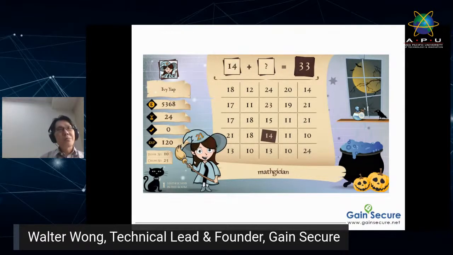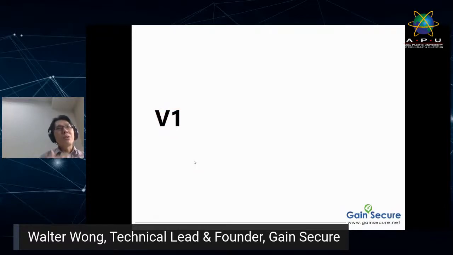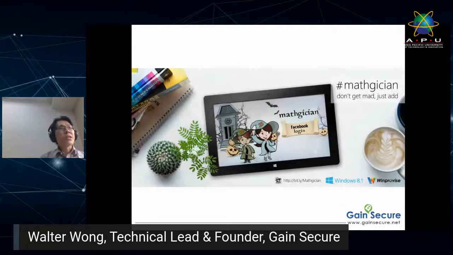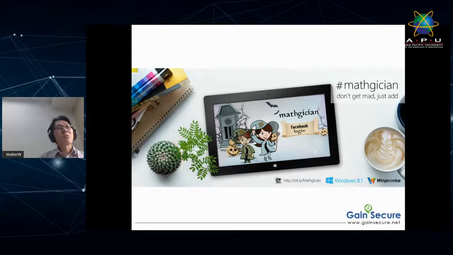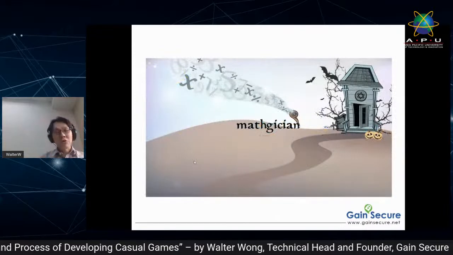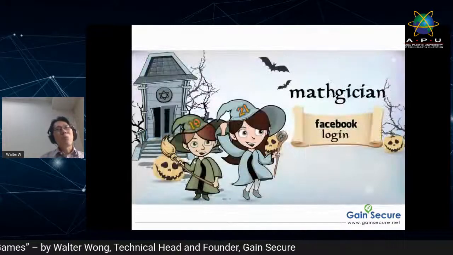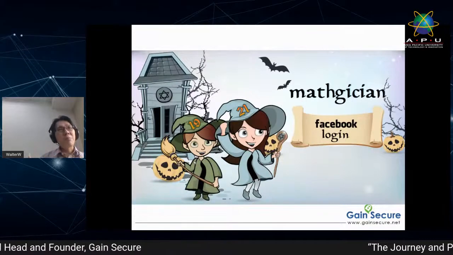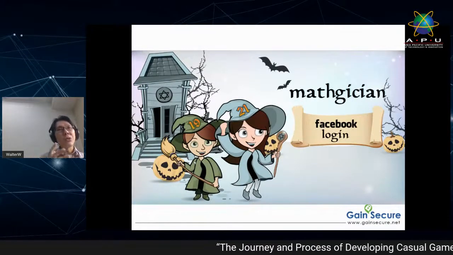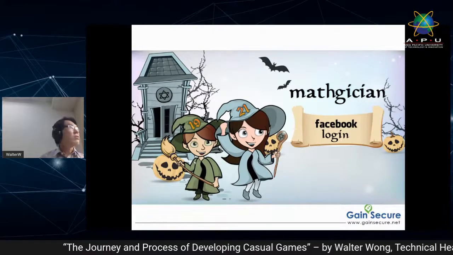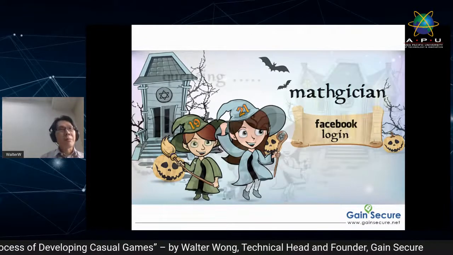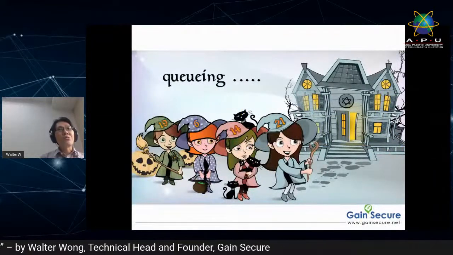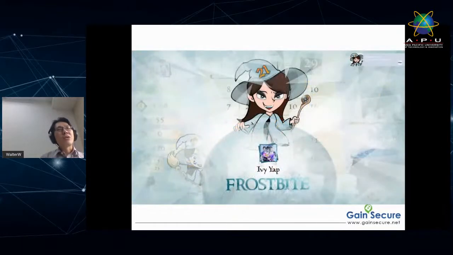So I came up with this prototype, and my team put in more features to become V1. We came up with a tagline, "Don't get mad, just add," something very straightforward. Then we put in a Facebook login, so I have a casual game officially under our banner. This is how it looks. I have all the screenshots from my history to show you. Why is it horizontal? Because it was designed for tablets that people play horizontally, like a Windows tablet. The game you see now is only available on Windows. It isn't available in any mobile app at this moment. So you're queuing, joining the groups, waiting for the gameplay. And then you have a power, you can cast, you can stop other players.